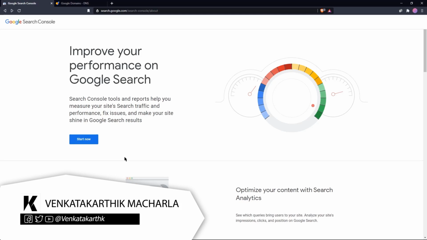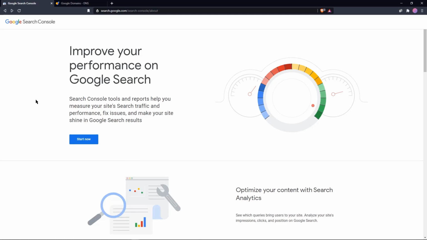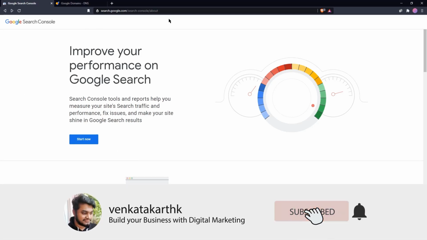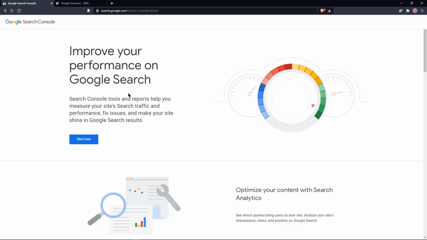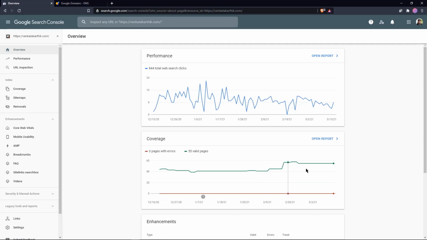Now step 1. Open your Google Search Console account. Now go to search.google.com/search-console. If you don't have a Google Search Console account yet, then you can easily create one using a Gmail address. Now once you open your Google Search Console account, you need to click on Add Property, and you won't be seeing any of the data that is shown in the screen below because your account will be a new one and there won't be any data.